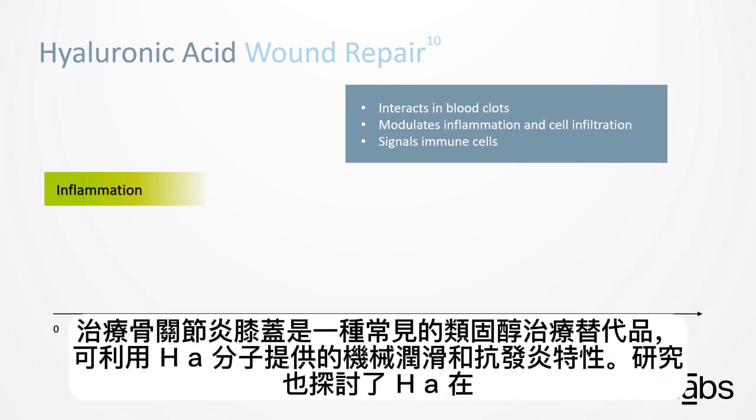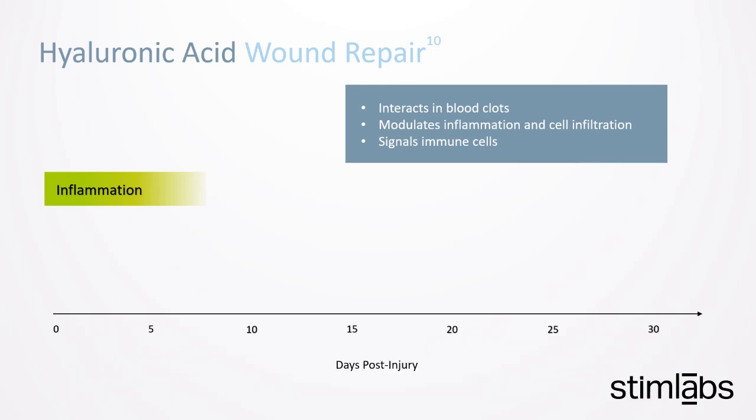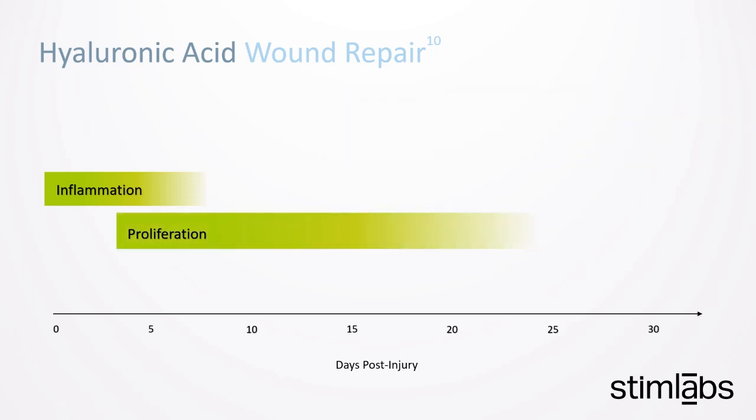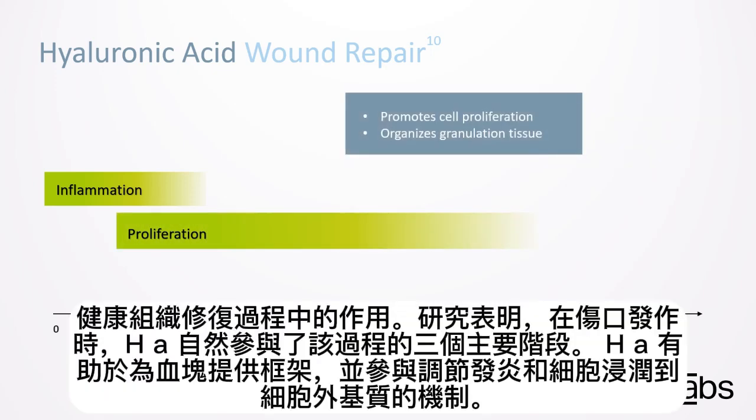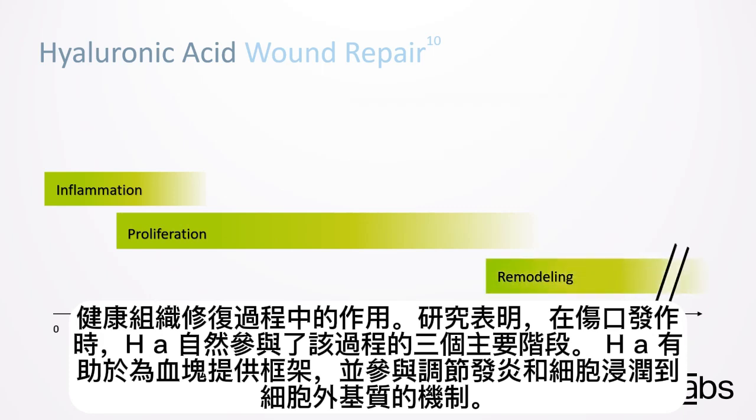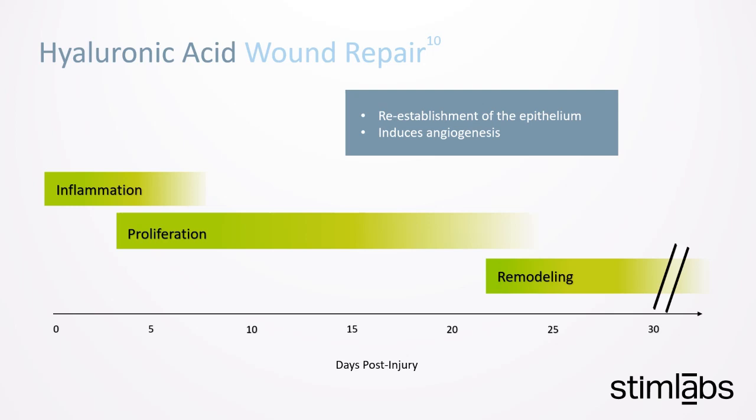HA helps to stimulate inflammatory cytokines to start the critical inflammatory stage of wound repair and will signal the migration of immune cells to the wound site. During the proliferation phase, HA will act as a cellular signal to promote cell growth and the organization of granulation tissue. As we move into the remodeling phase, HA in the wound bed will be broken down, making low molecular